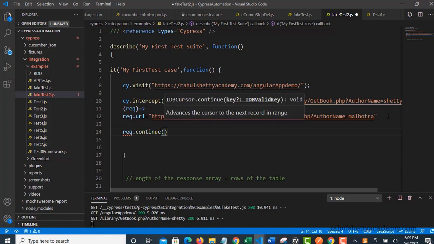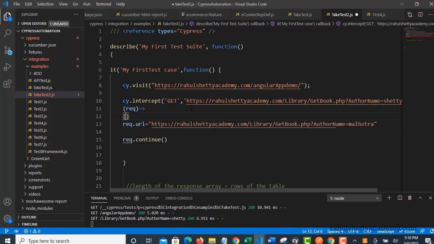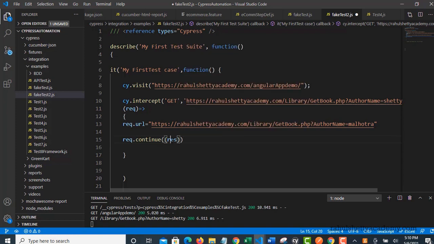When you call this method continue, what happens? Then this request is being sent to the server. Okay, one second, I missed this. So once you are yielding the promise, you are writing everything inside this block. So this method will now hit the server with the modified request. The modified request is sent, and once you send it to the server, you get a response back. That response you can again collect as the reference variable here in the response object, and on this response object